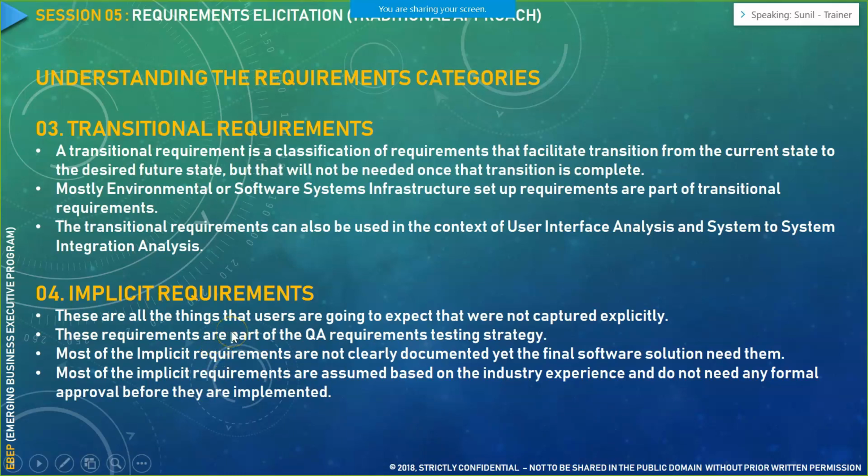Then comes your implicit requirement. Now implicit requirement are something that customer would never ever tell you. Why would they never ever tell you? That's the reason why you see in today's job market, most of the companies are looking for a BA who is having domain experience or who is having specific area of specialization. Essentially the specialization is in that particular domain, whether it's insurance, banking, or if you consider the technical domain, whether it's Salesforce or Informatica or any XYZ domain. So this is the reason why they are asking for specialization.